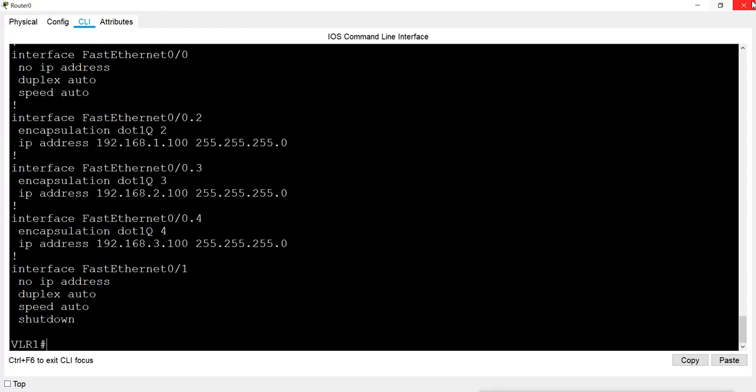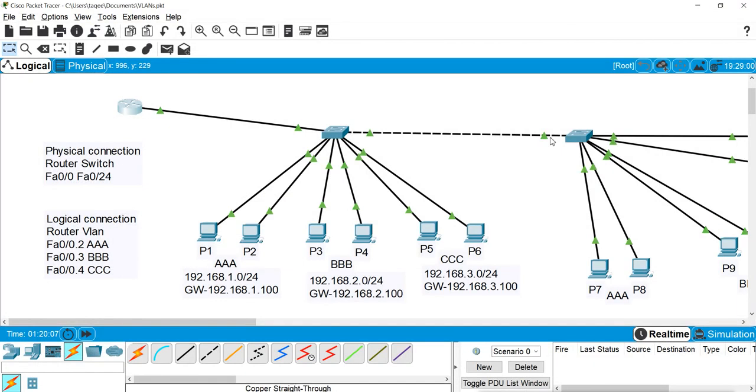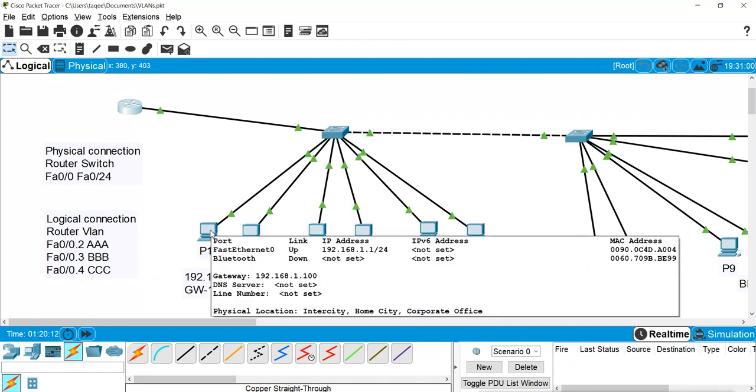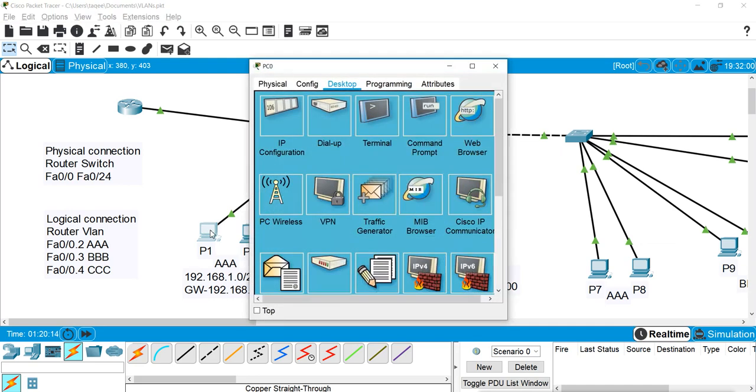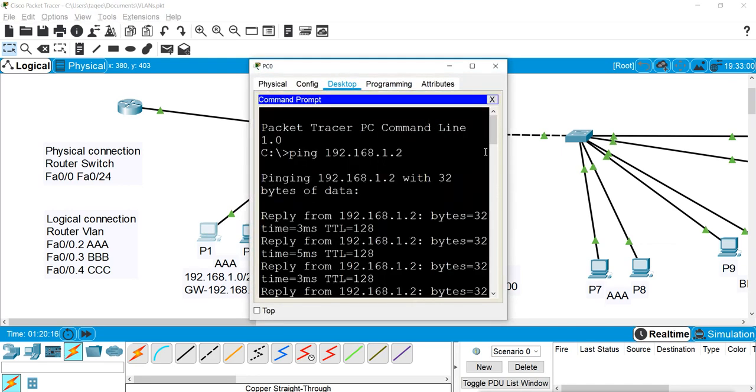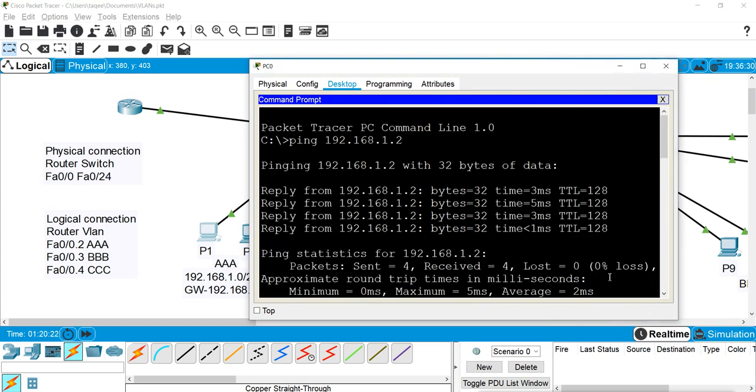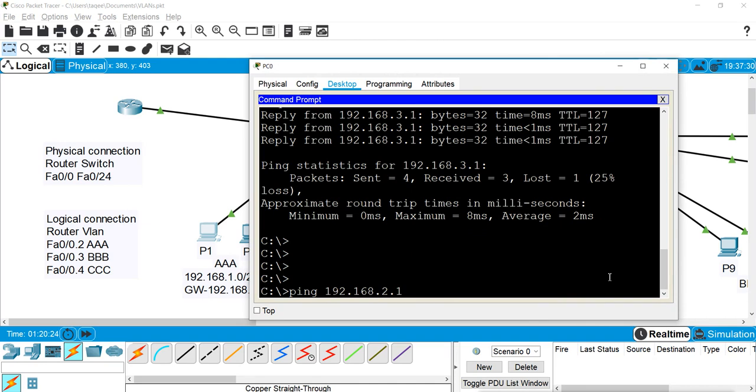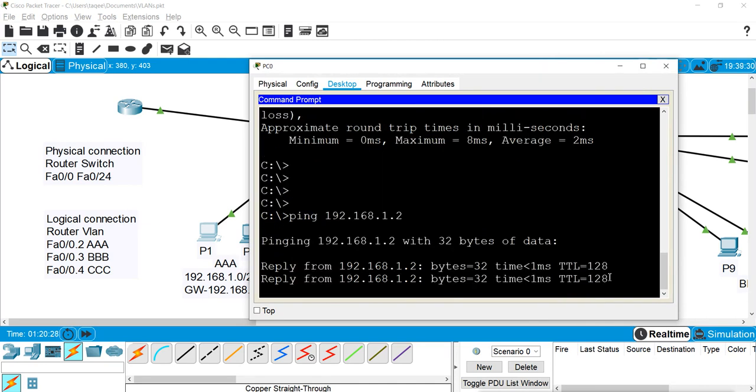Now we will check whether it is communicating or not. So again, the communication will be the same just like the traditional way. So if I try to ping any machine from here, it will still ping. So this is its own VLAN, it is pinging.